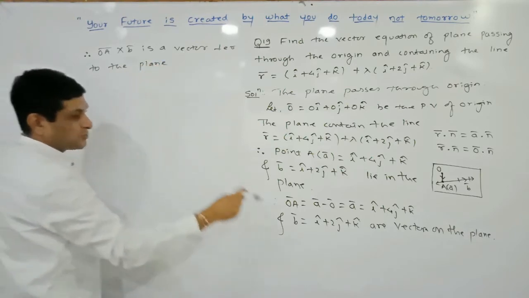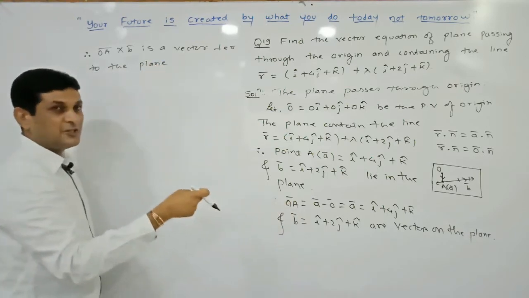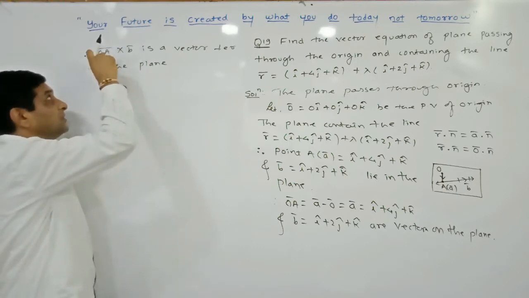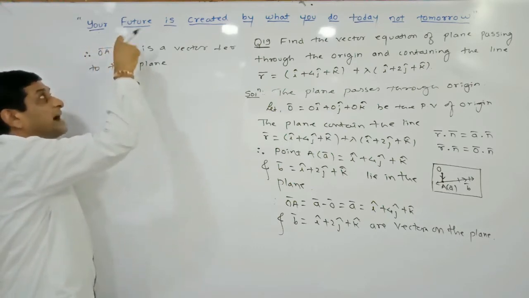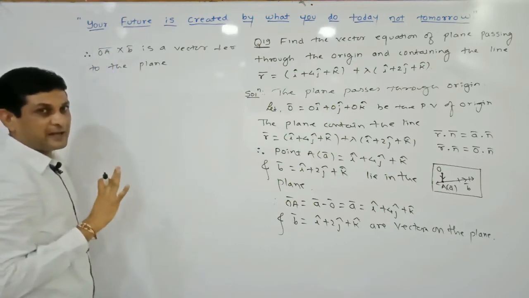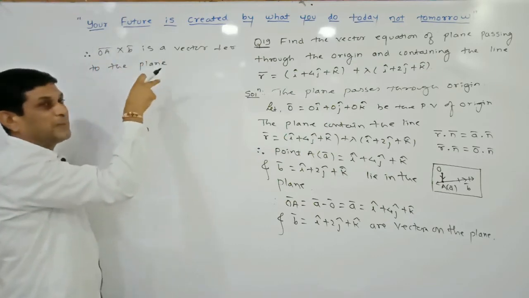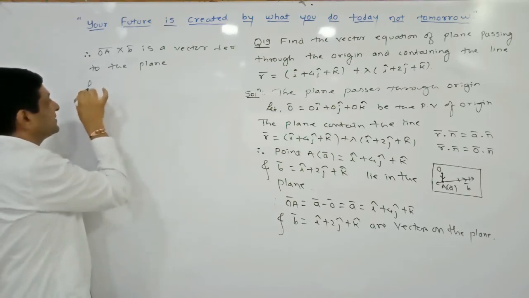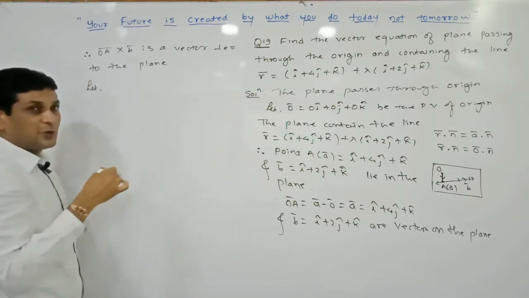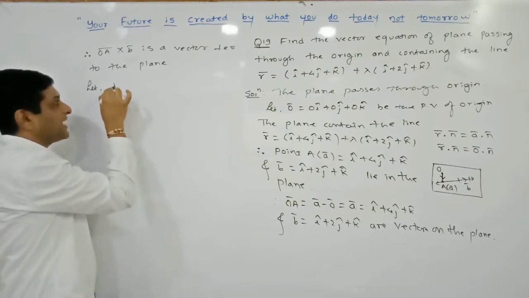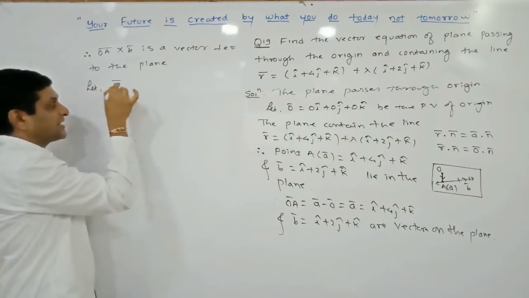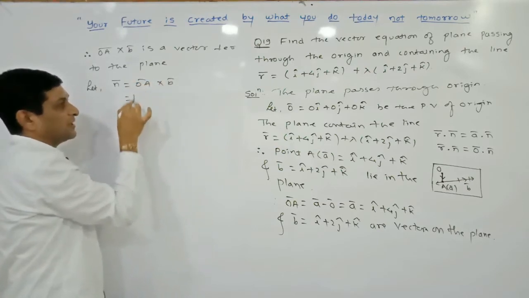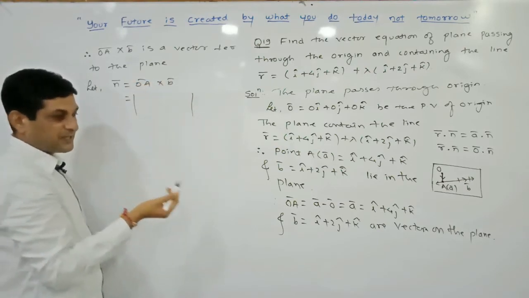plane, because these two vectors lie in the plane, so the new vector you get by taking their cross product is also perpendicular to OA bar, B bar and the plane of OA bar and B bar. If it is perpendicular to the plane, we can say that it is a vector along the normal to the plane. So we denote the vector along the normal by N bar. That's why we say let N bar equal OA bar cross OB bar, which is equal to, the cross product can be found using a determinant.